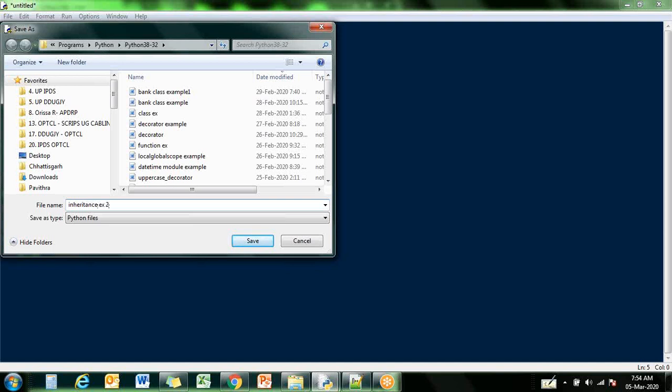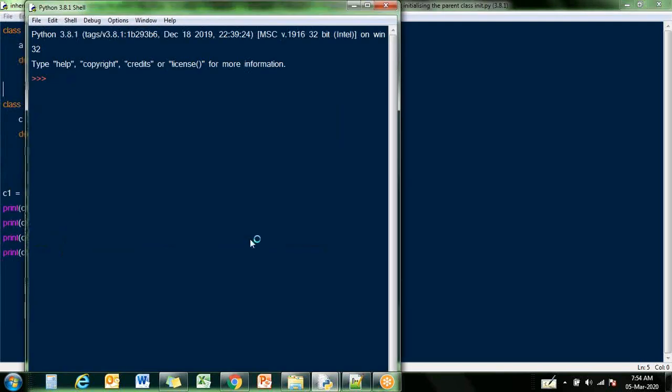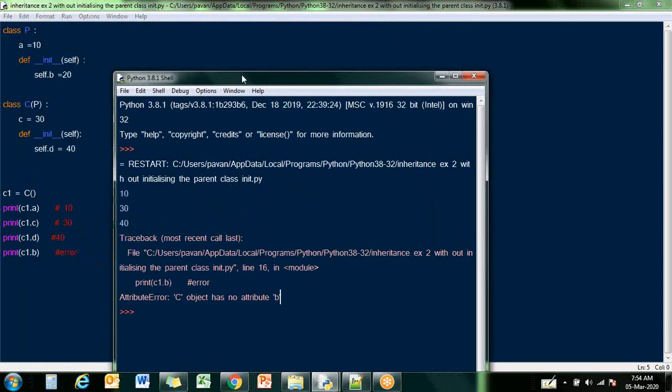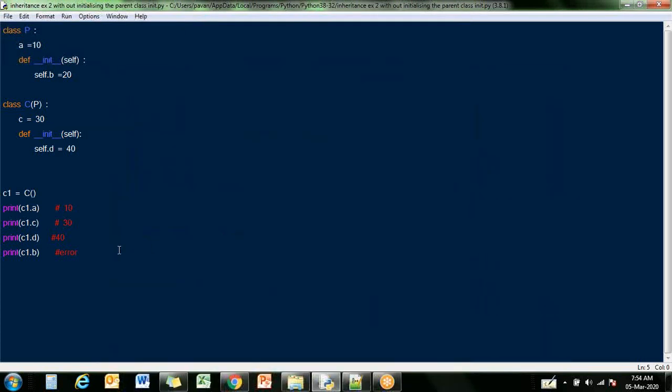Sample 2. Initializing the parent class init. See, we have an error on print B, right? Print C1.b. Yes. So we always have to see what members we want and what needs to be initialized